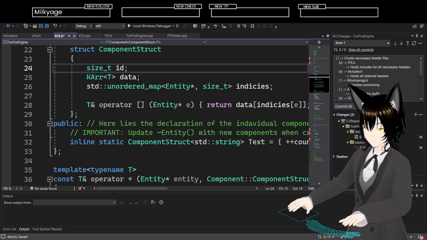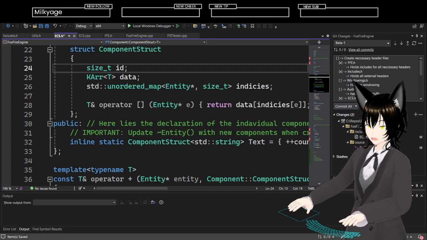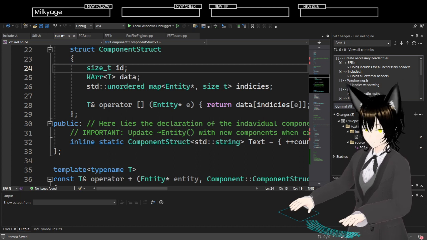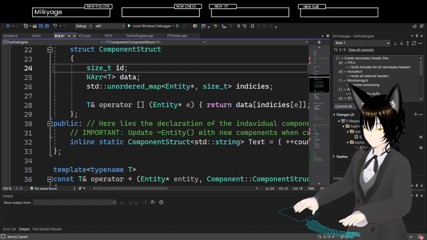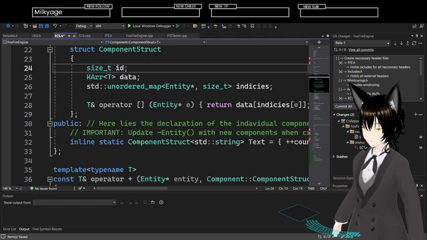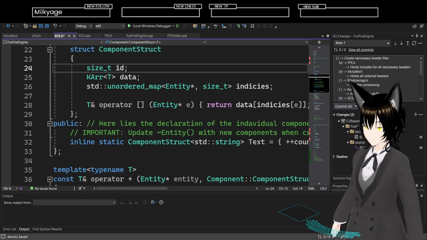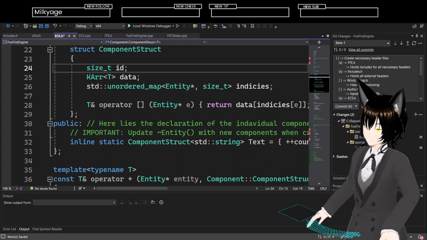Yeah. And there's kind of a lot of things going on with this, right? Yeah, there's a lot of